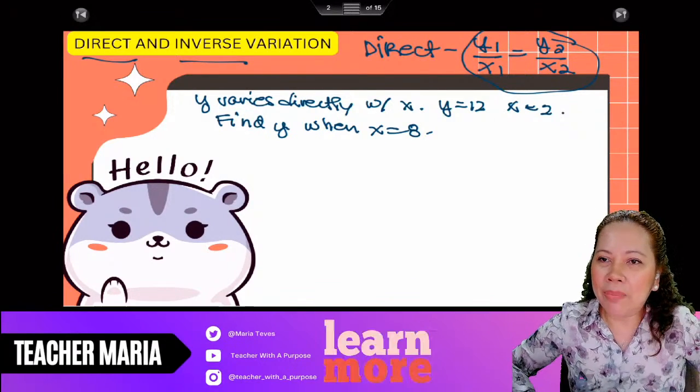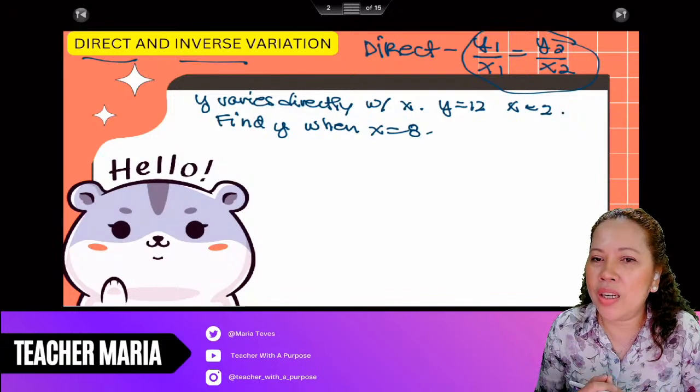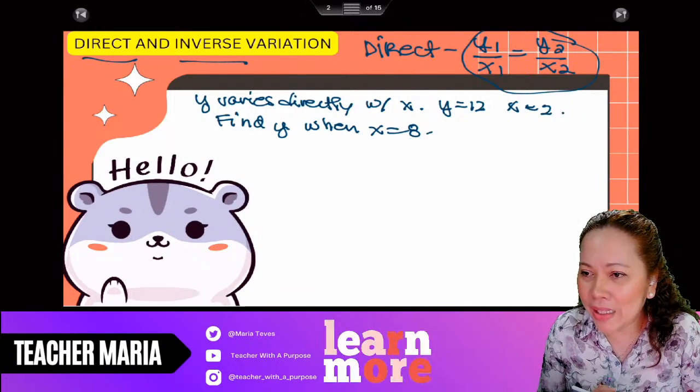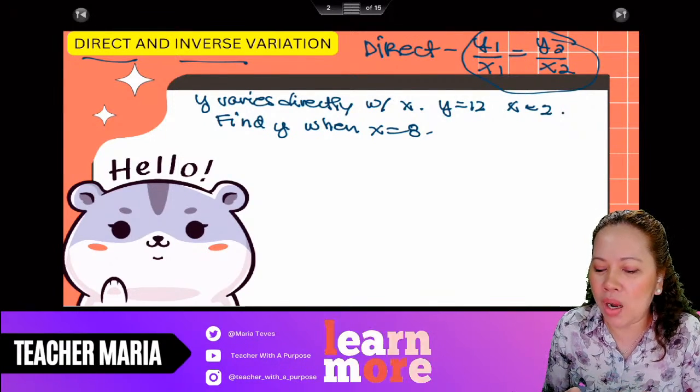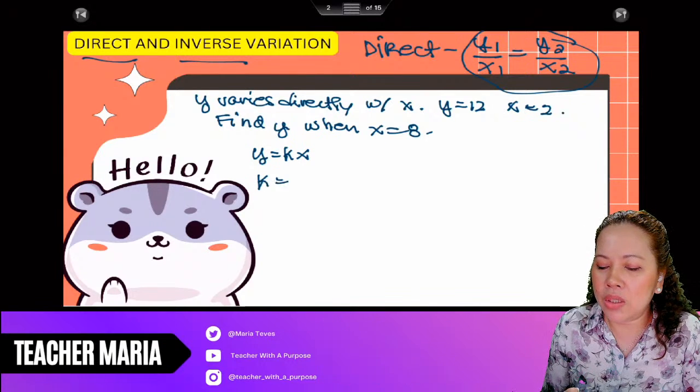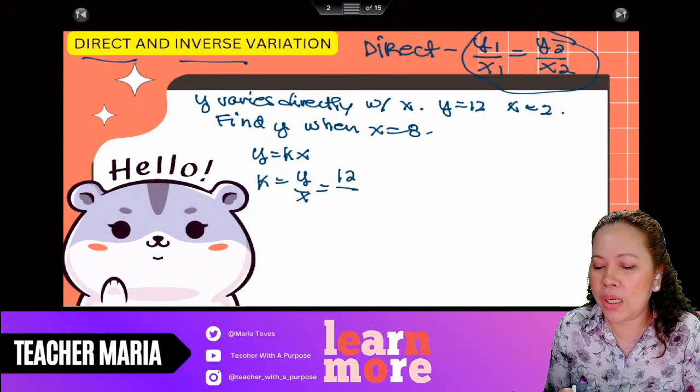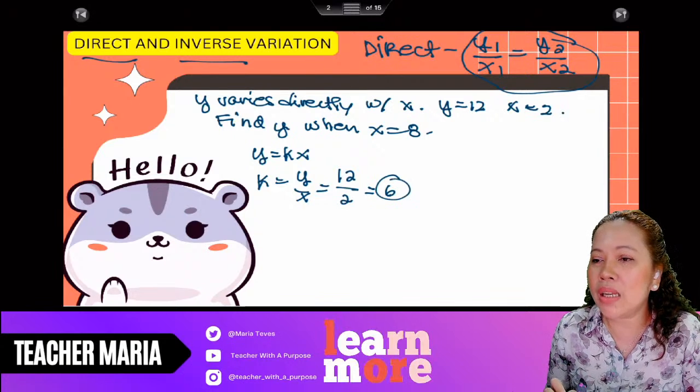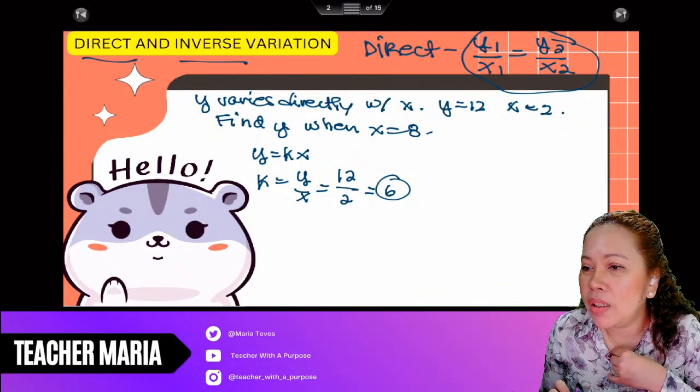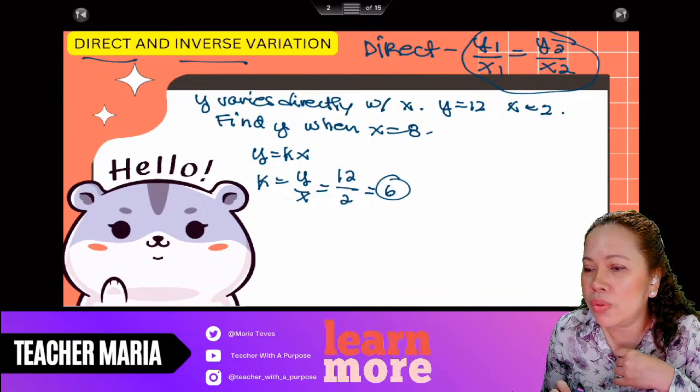So the first step is to solve for your k, right? So y equals kx. So k equals y over x. Y is 12 and x is 2. So that means our k is, Mom, if you try mo solve,